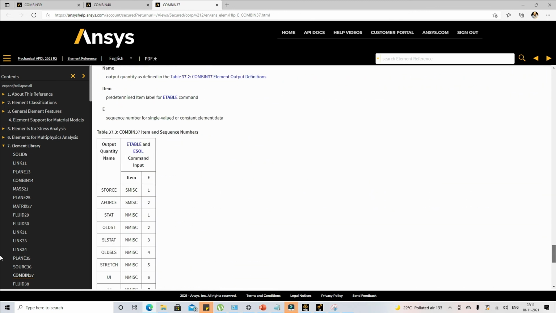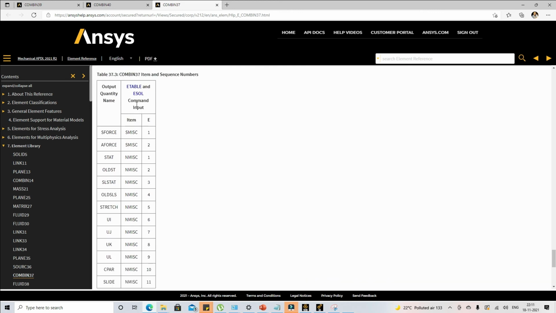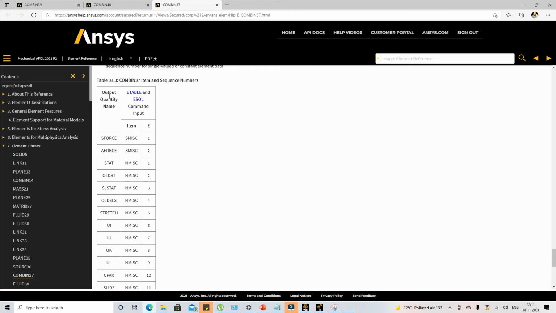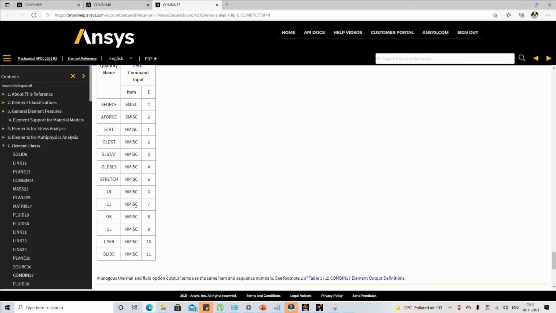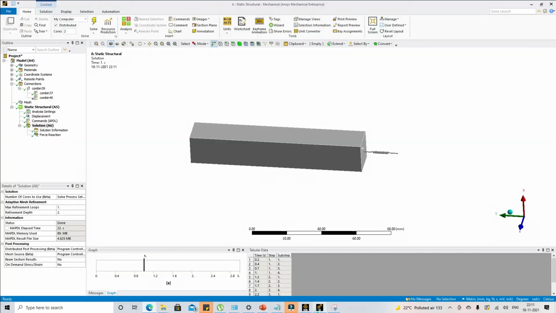Meanwhile it's solving, I will show you. Go to the help manual, combin 37 element, and these are the available quantities that we can extract using the smisc and nmisc commands. Suppose I'm interested in the force. What I can do is use a user defined result and use smisc.